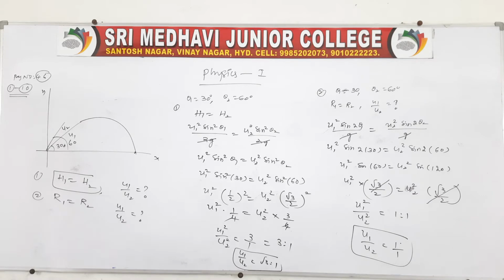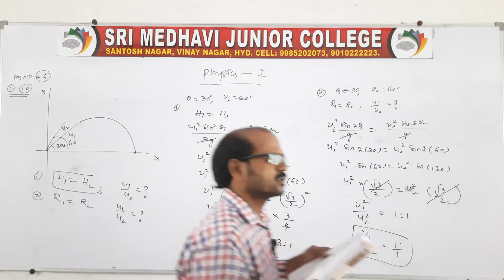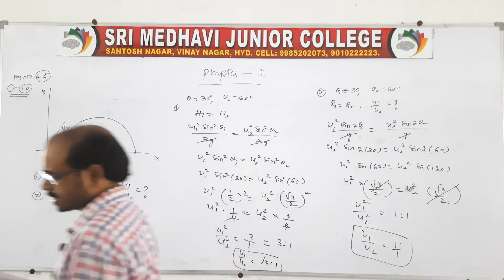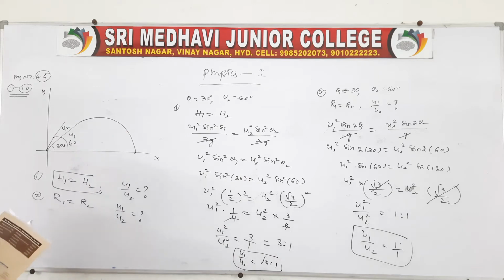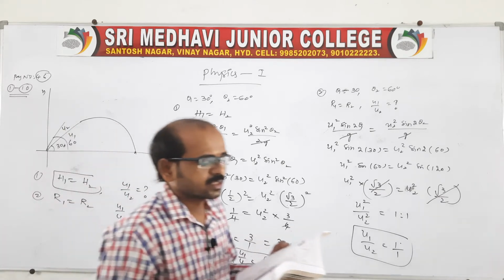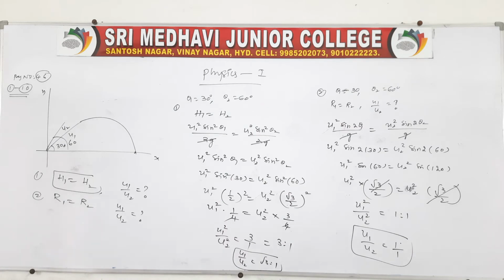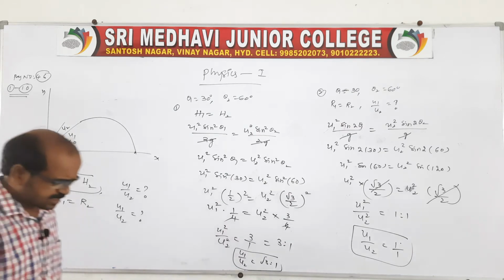So these two questions are given as two different methods of problems, right? It is related to oblique projectile problems, which are important for the final examinations. So you go through these two problems, and in the previous class also I told you two problems, right? So this is about oblique projection related problems, and in this some other cases are there.